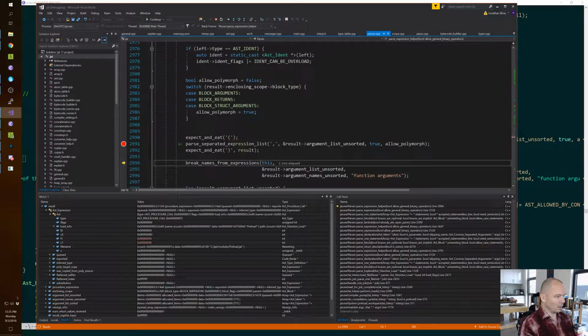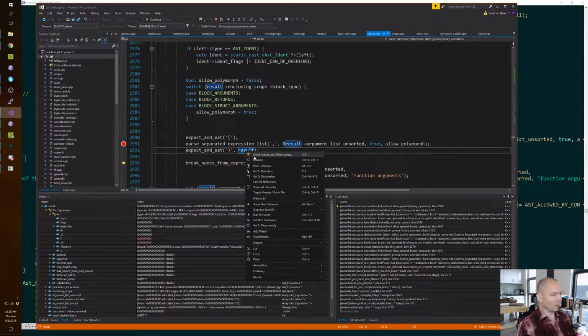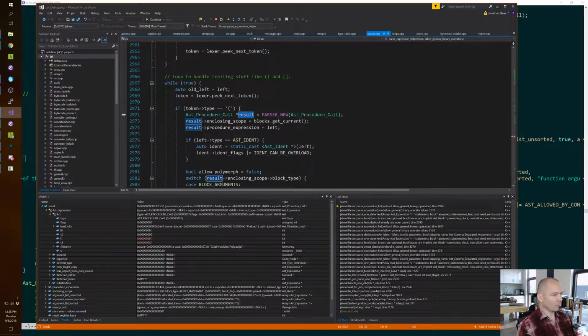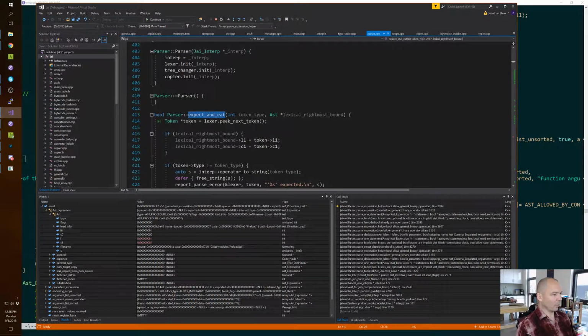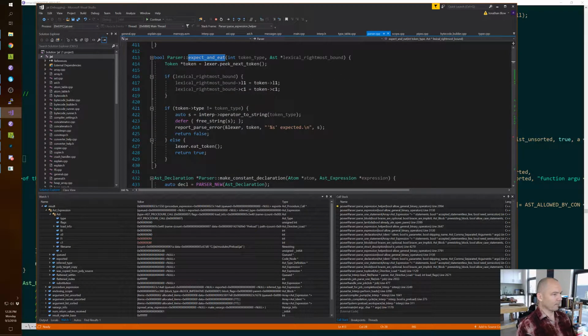Wait, expect and eat. Oh, if we pass this in, expect and eat probably sets it. Yeah. Well, we can just say that for procedure call,